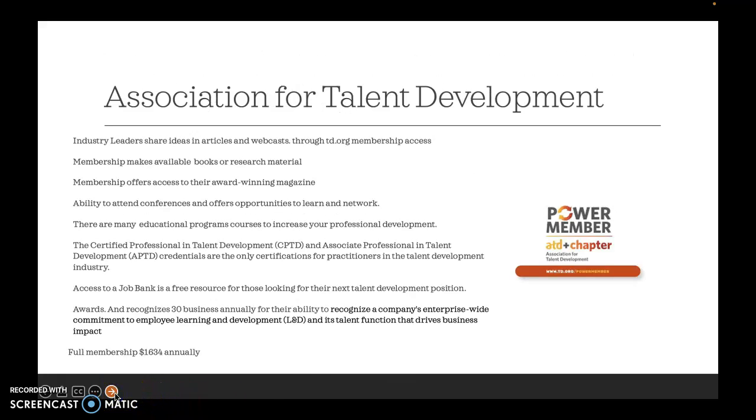So the first one I'm going to discuss is the Association for Talent Development, which I have actually utilized before when I was an instructor for the Air Force and I was pursuing one of their certificates.